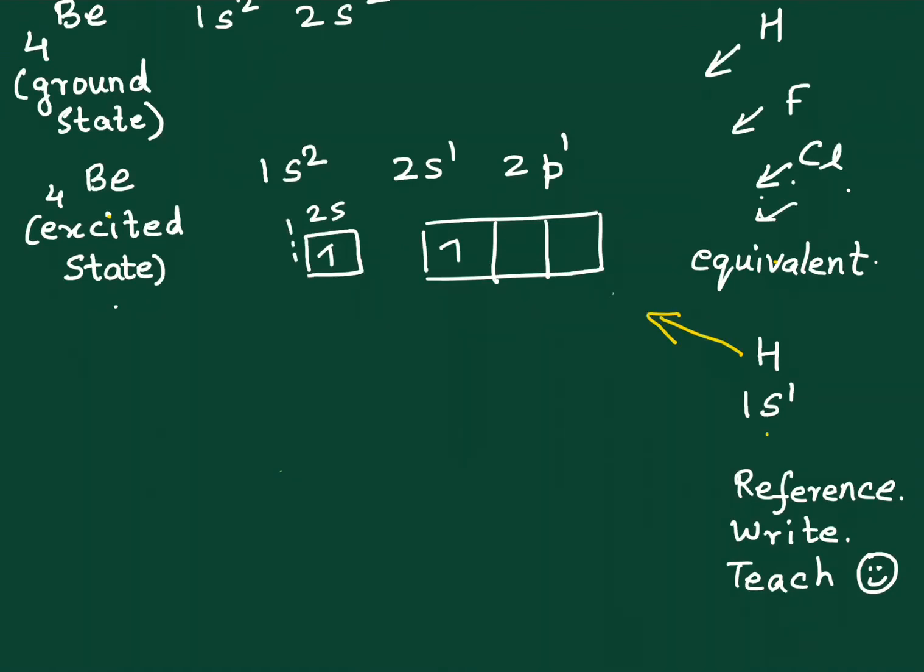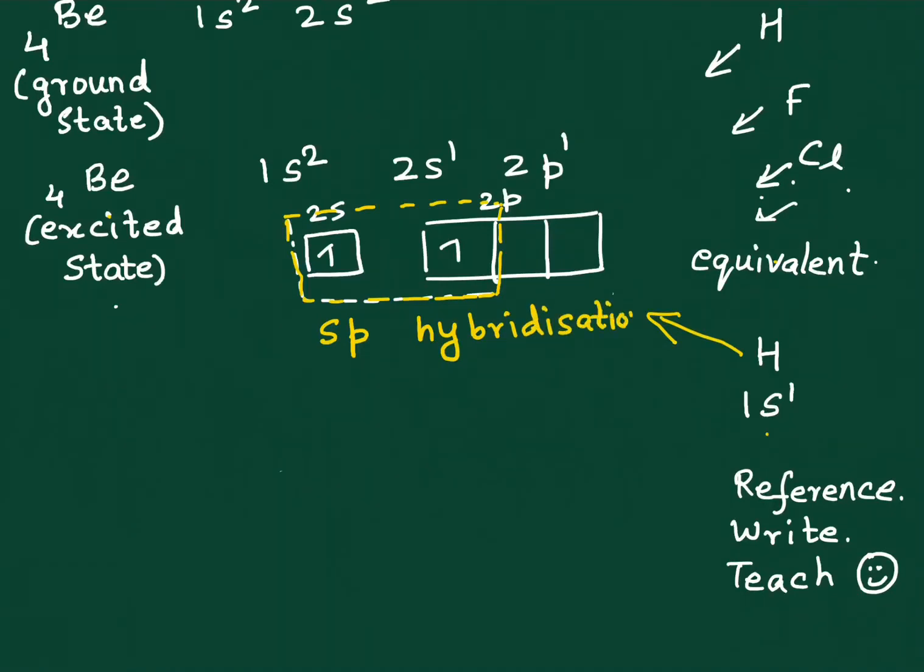So we've got hybridization between the s and the p orbitals of beryllium. Yes, hybridization happens within the same atom. It does not happen between two atoms, right? So we've got s and p. Now, write down over here, sp hybridization. Right? Now, sp hybridization means one of s and one of p taking part in hybridization. So you have got sp hybrid orbitals.